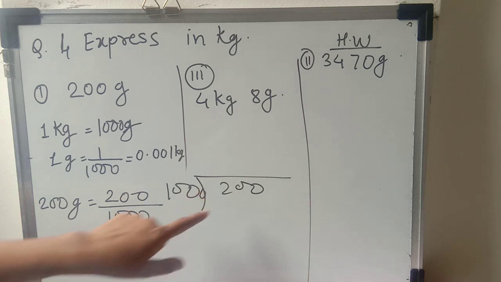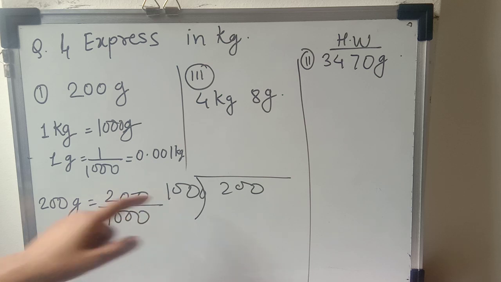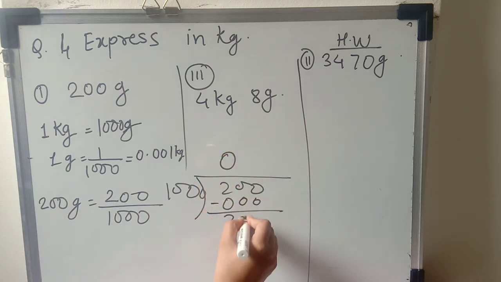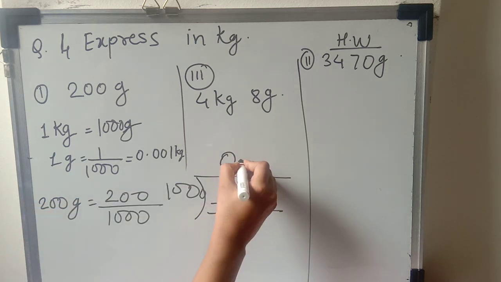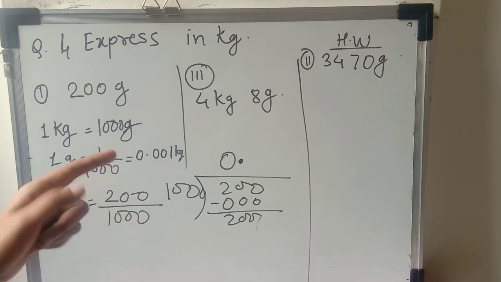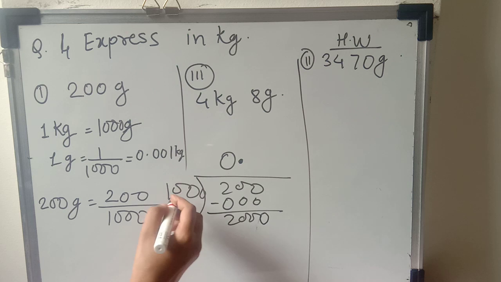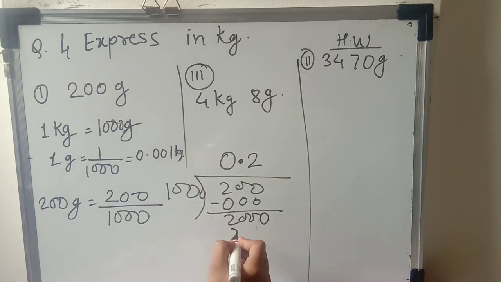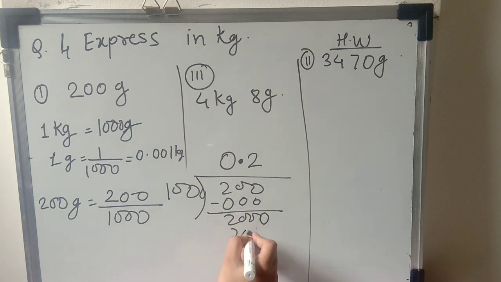divided by 1000. Now we can't divide the 200 with the 1000 because 200 is less than 1000, so we will divide with the 0 first. And here we'll get the 200. Now after that we will take the decimal, so we can use the 0 to get the answer. So here I have taken another 0, so 1000 to the 2000. Okay, sorry, yes, 2000. So here we got the answer.